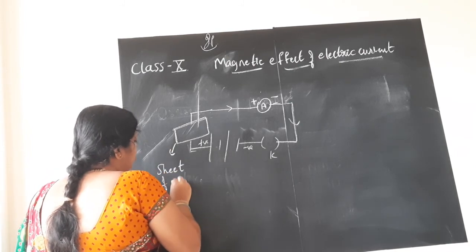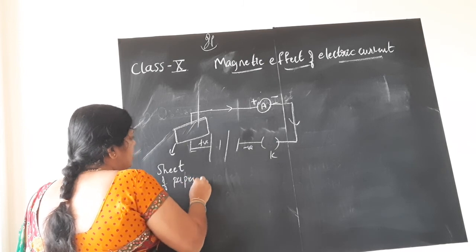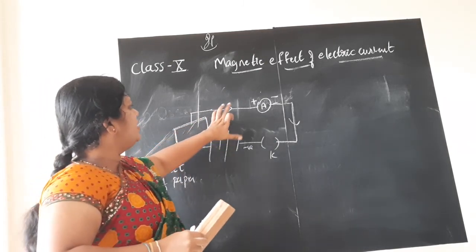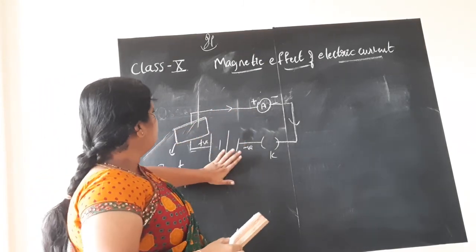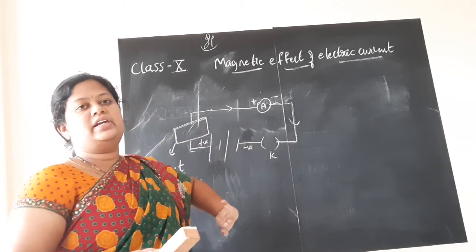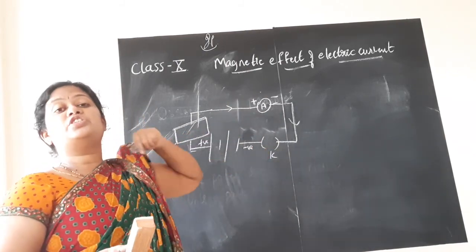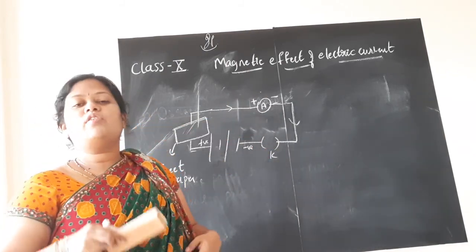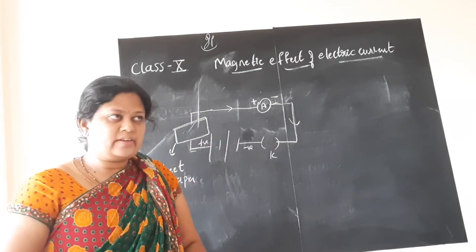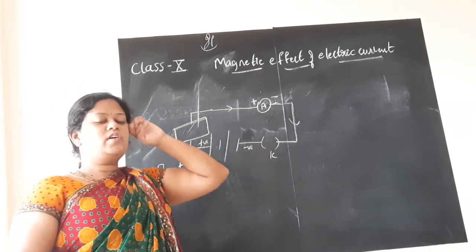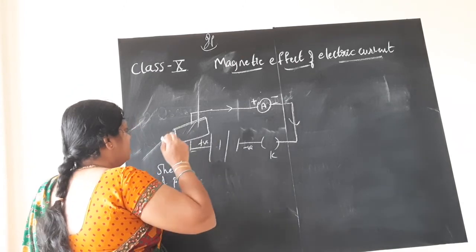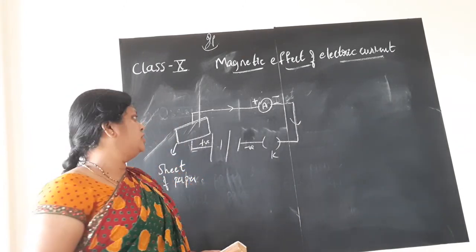This is the sheet of paper. I have connected it to the copper wire, and I have also inserted the battery and ammeter. I have still not switched on the circuit. Why? See the plug key? I have not kept the dot. Now I will. The circuit is still not switched on.